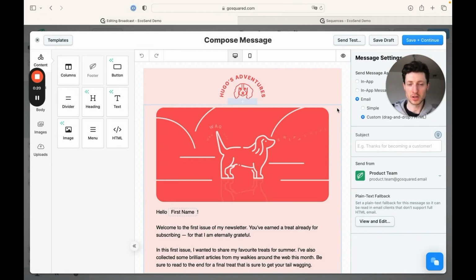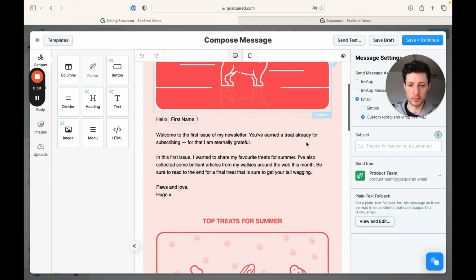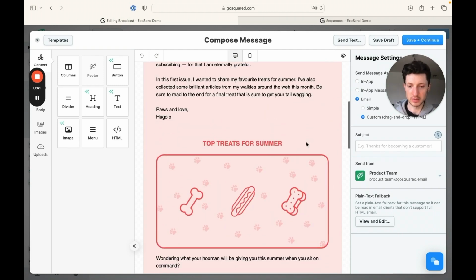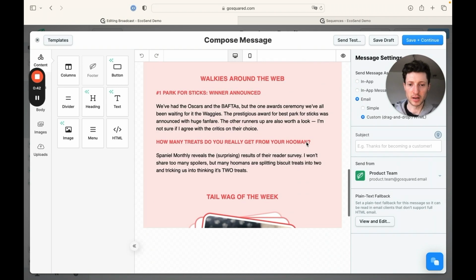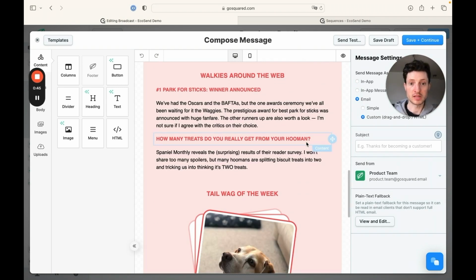Today, let's jump into a demo on how to create email templates using our saved blocks feature. So jumping into the platform, I'm here in the broadcasts area of EcoSend. I've got this lovely branded newsletter that we have with my header, with my email body. It's all nicely designed and it's everything that I need in the general email template I want to send out